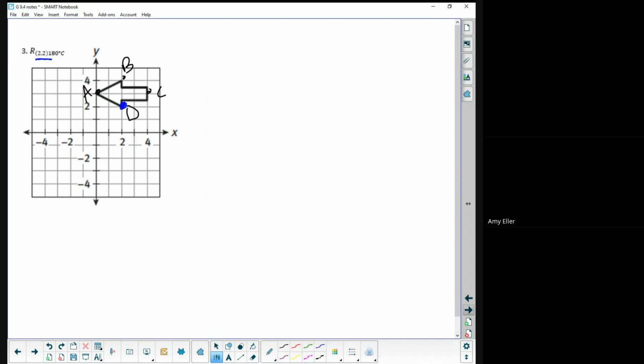Are you using formulas? No, most don't. Rotate. Yeah, so if you're rotating around R. Yeah, because R is